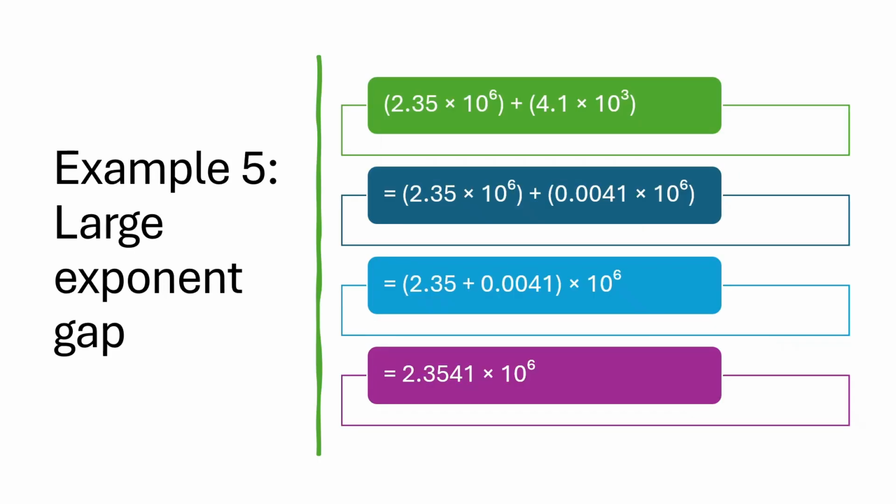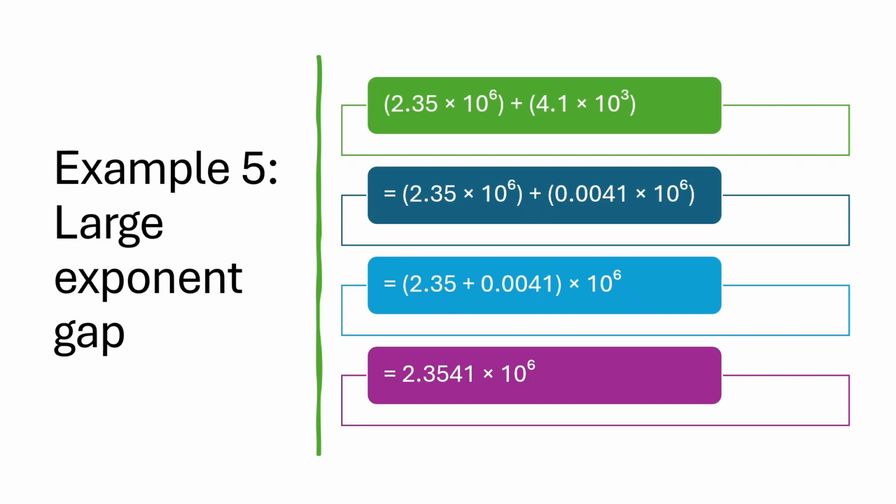Now next, example number 5. This is for a large exponent gap. The given is 2.35 times 10 to the 6 plus 4.1 times 10 to the 3. Okay, so in this case, we're going to change 4.1 times 10 to the 3 into